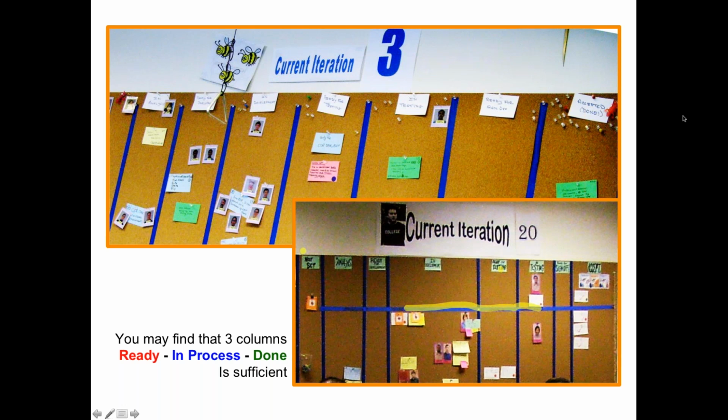So a lot of people also track burn up charts or burn down charts. This bump up, that could have been a scope change. We added scope. I much prefer burn ups where the total work, the scope, are